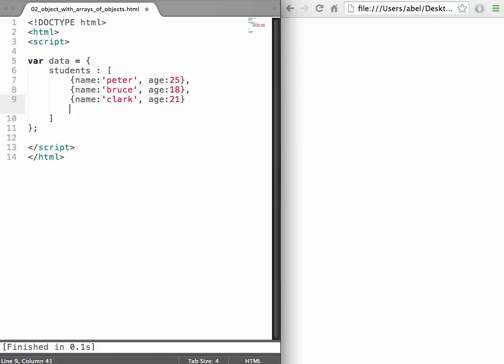As you can see here, we have an object, which is data. Inside of that, we have a property, which is students, and the value of the property is an array of objects, of student objects. So let's go ahead and do one more. I need to have a comma separator between our properties. I'm going to do schools, and I will again have an array of objects